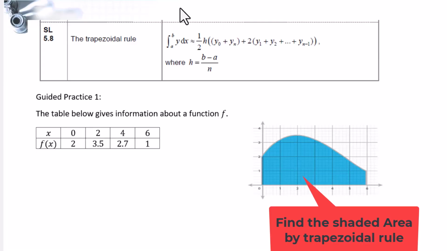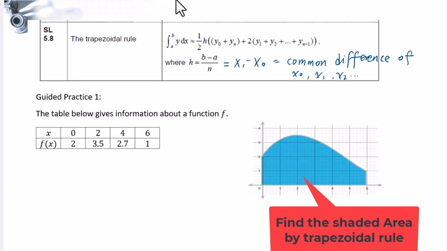This video is about estimating area by the trapezoidal rule. The trapezoidal rule is given in the booklet. Here h equals b minus a over n, which equals x1 minus x0. Or you could say it equals the common difference of the sequence x0, x1,